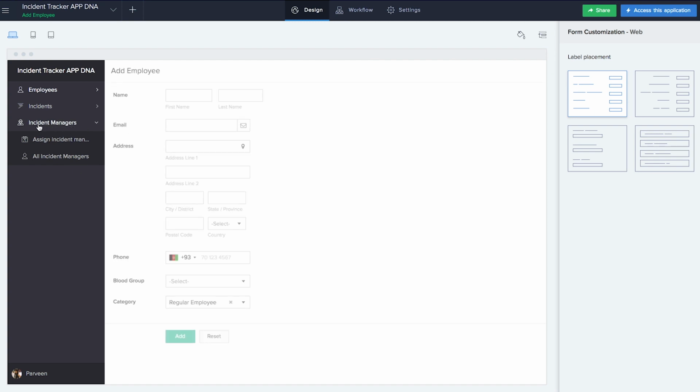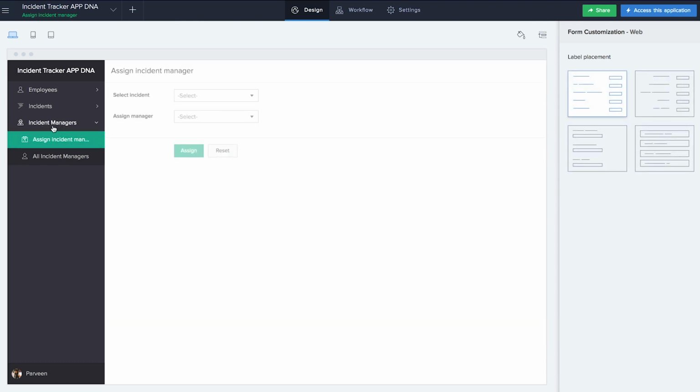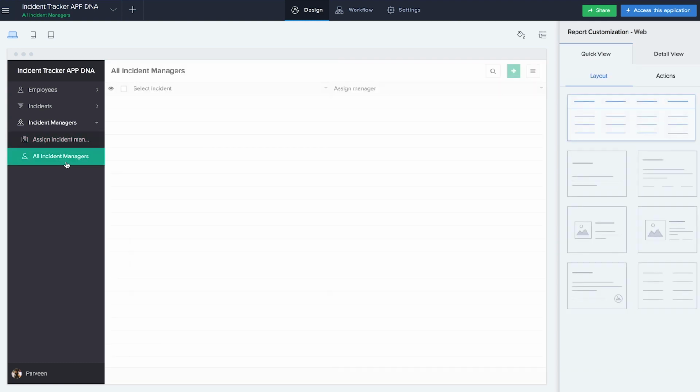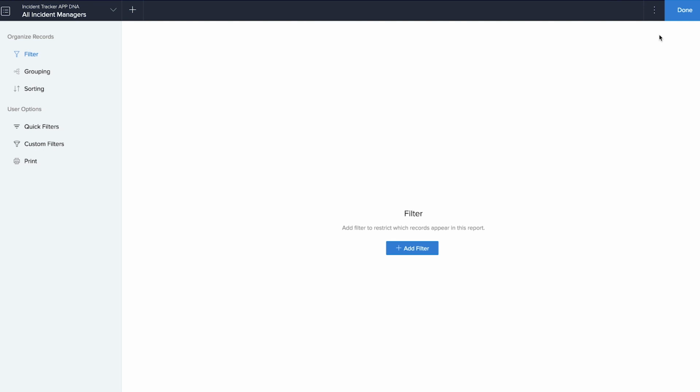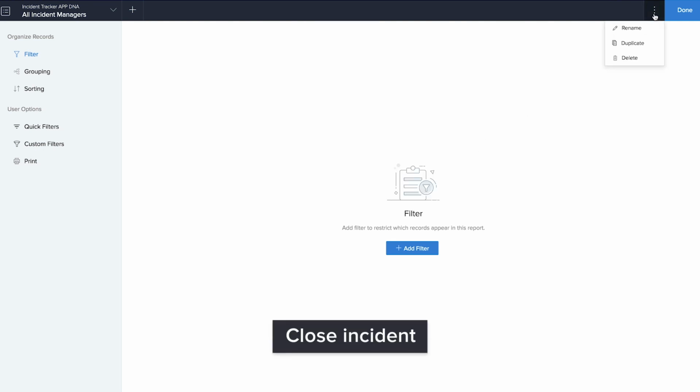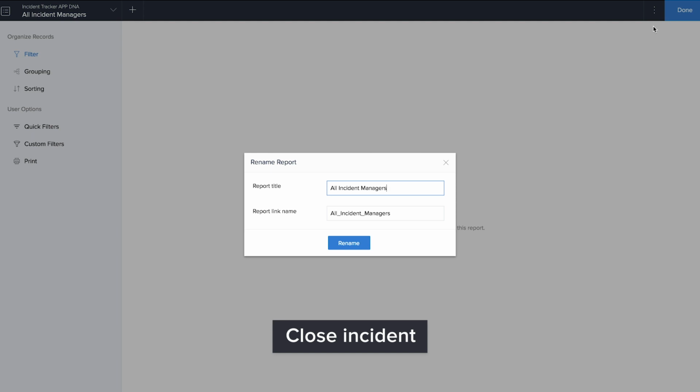If you can see here, the section of assign incident managers has come as incident managers, and the report has come as all incident managers, which is slightly misleading. So let me just change the report properties. So when you want to rename a report, you can simply go to that report, click here, rename. So I'm going to just name it as assigned incidents,